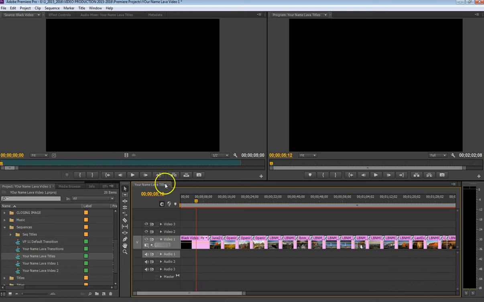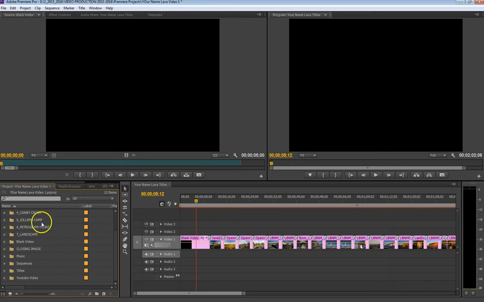Next step is that we need to create a new folder, if you don't have it already, called Titles. Let me delete that one. I'll just create a duplicate here. So step number one, I'm going to click down here in kind of this dead space here so that it does not insert a folder within a folder. Click on the New Bin button, and there it is, and we're going to call this,